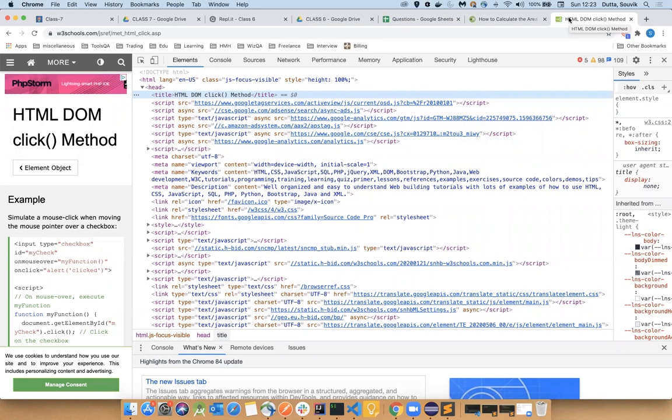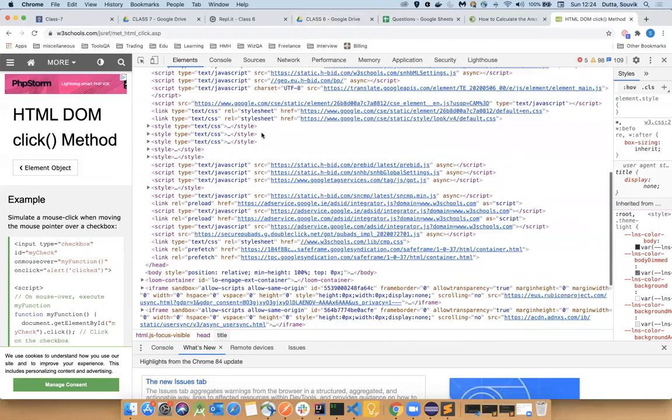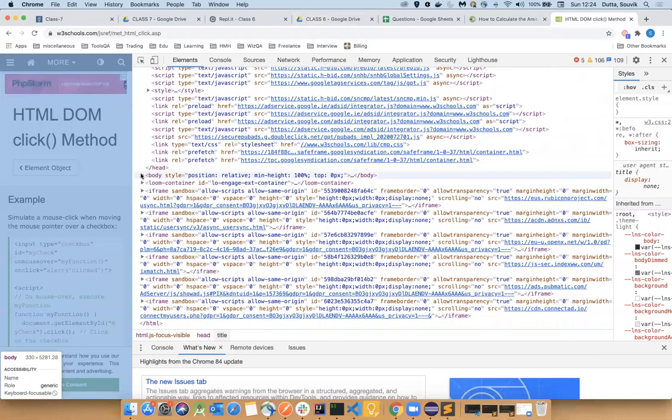If I hover over any tab, you see Questions Google Sheet, or Classes Google Drive. These are all the titles of a page, and that is there in the head tag. Along with that, there are a lot of JavaScript links in the head tag, JavaScript and CSS details. And lastly, we have the body